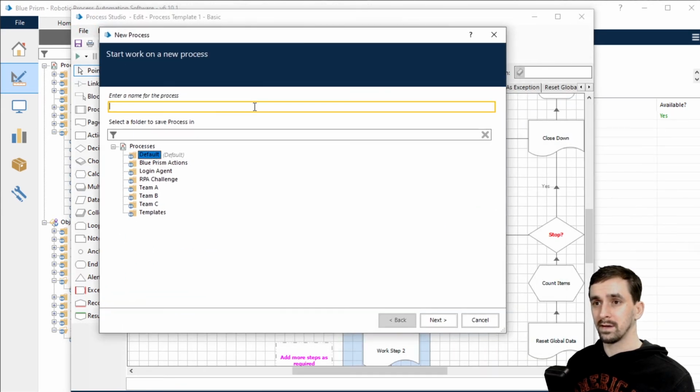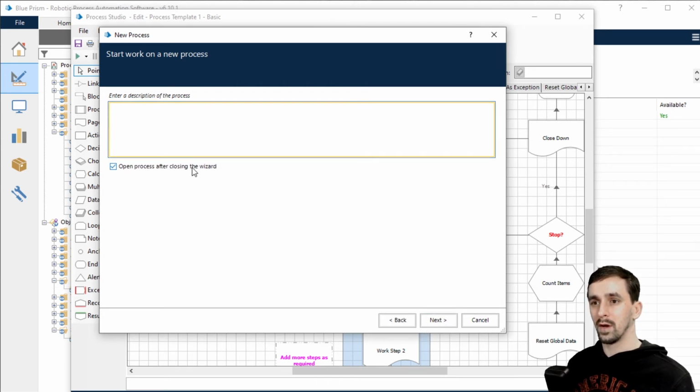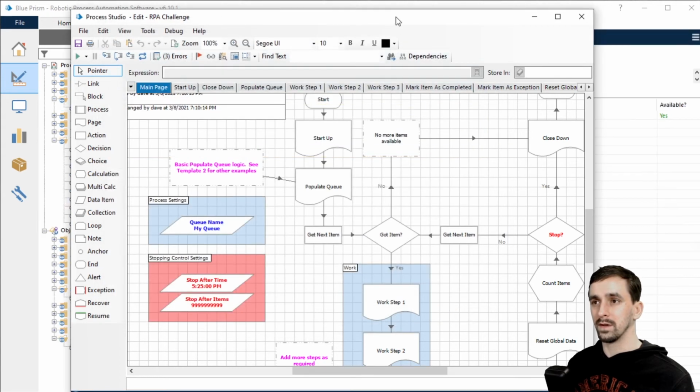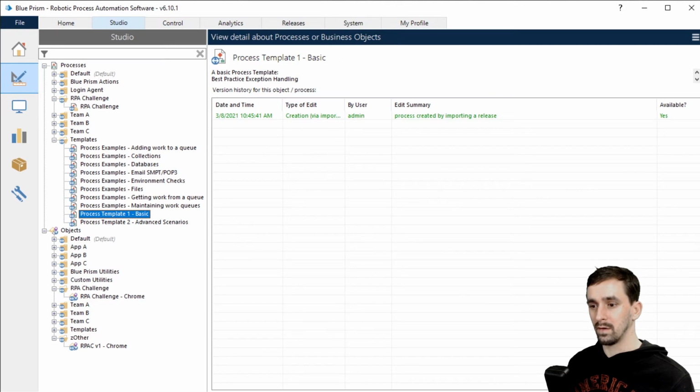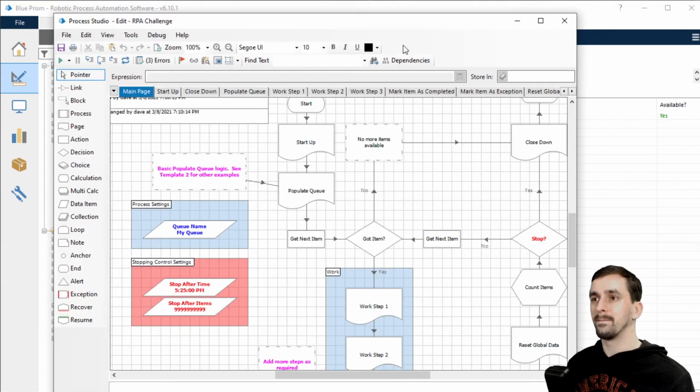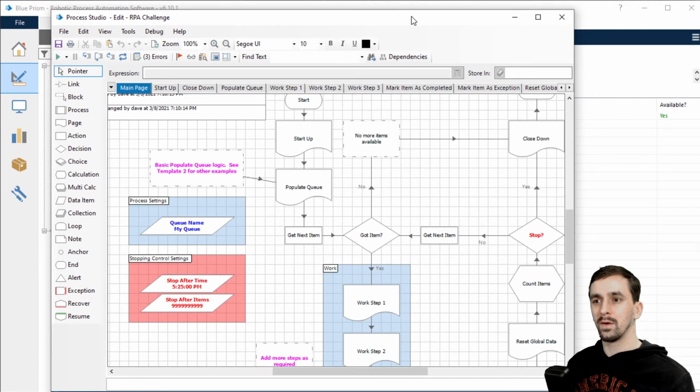as RPA challenge. Put this into the RPA challenge folder. Open process after closing wizard. Okay, and so now we should only have one process open. All right. So let's